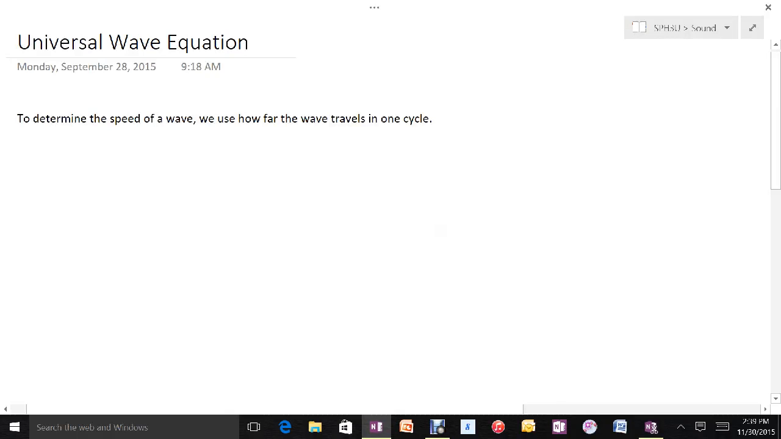The universal wave equation. The universal wave equation is used to determine the speed of a wave. The way we're going to do that is we're going to imagine one cycle of the wave. If we, in general, imagine the wave is traveling at a constant speed, so the velocity is equal to the